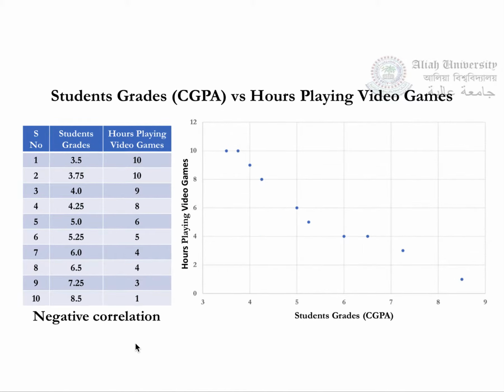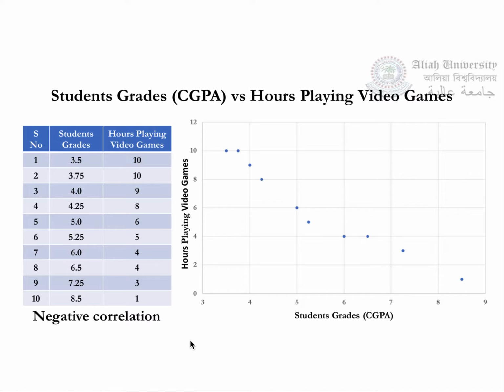However, if we come to the next set of data, the grades versus the number of hours spent on video games, as the grades are increasing, in other words, the variable on the x-axis is increasing, there is a corresponding decrease in the variable on the y-axis. That means the fewer the hours spent playing video games, the higher the grades. In such an example, in which the increase of one variable leads to a decrease of the second variable,